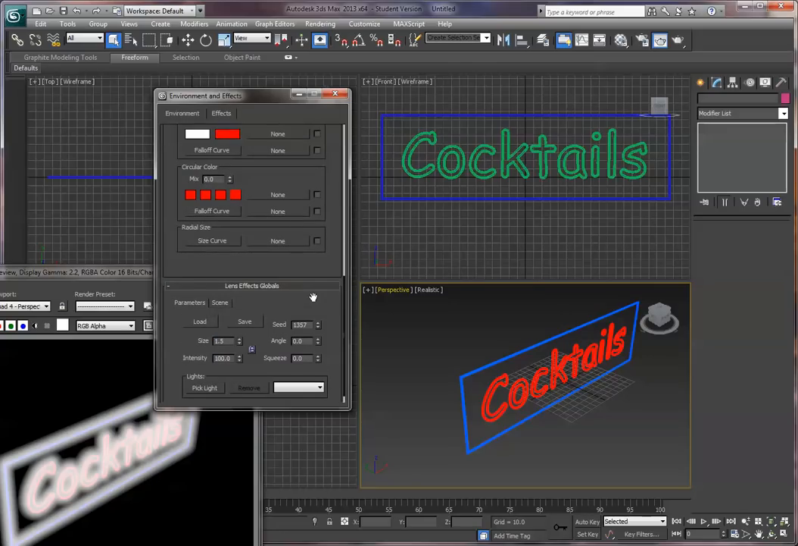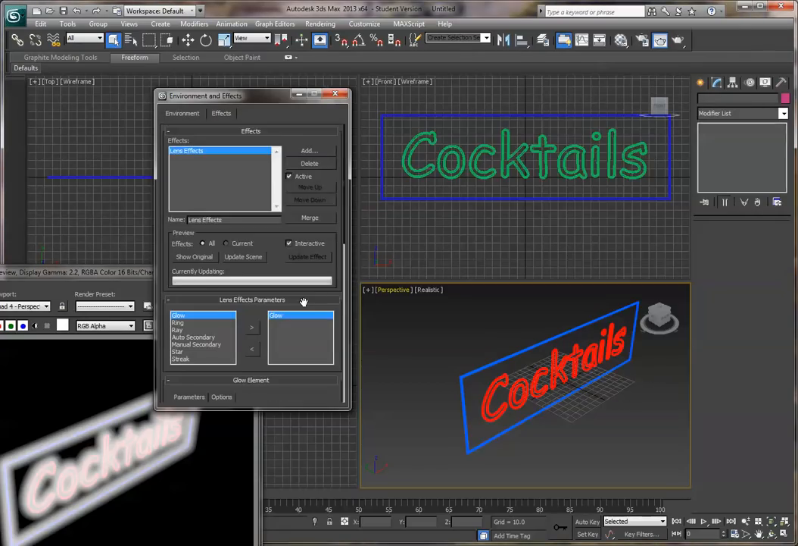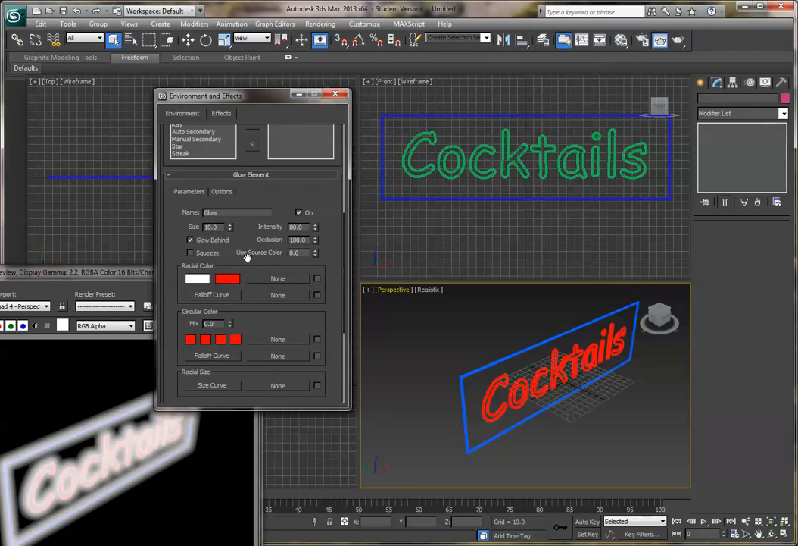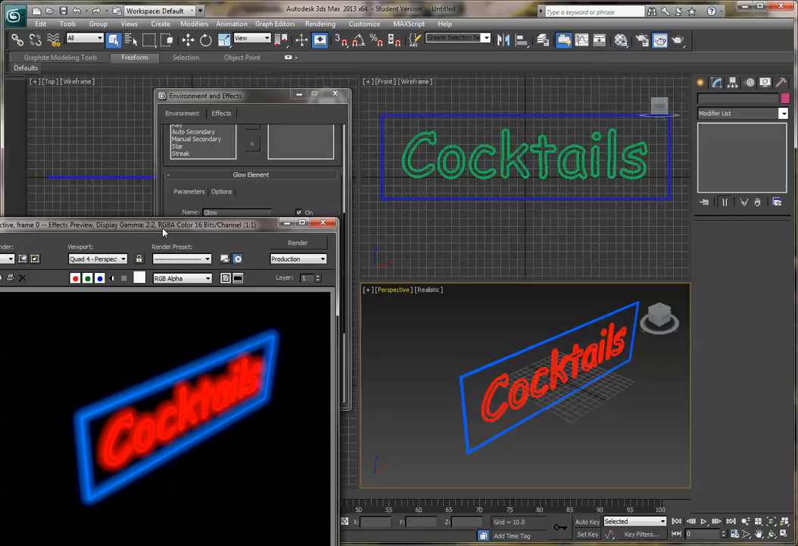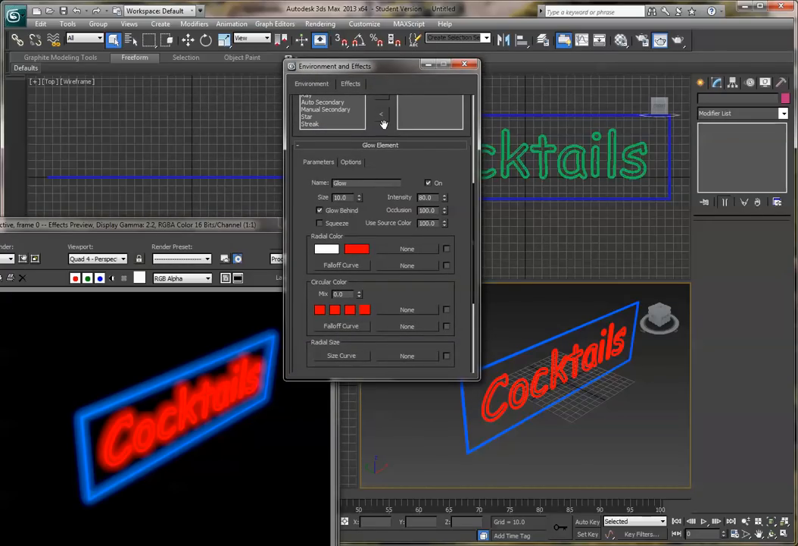Okay, so now we've got our glow, but it's white. Well, that's no good. So what we need to do is use source color, which means that it will glow with the color that we have set for any object's material. So we'll just ramp that up to 100, and as you can see here, we have our glow effect, which is correctly colored and actually looks quite good. So I'm quite pleased with that,